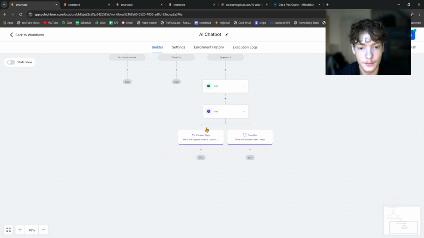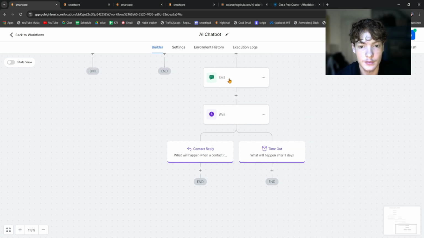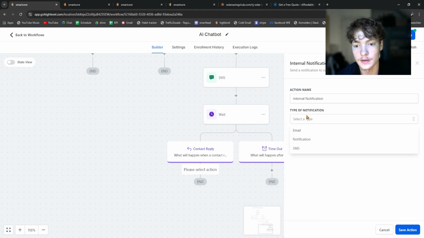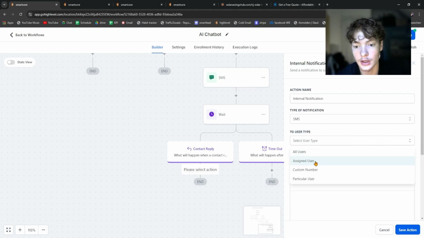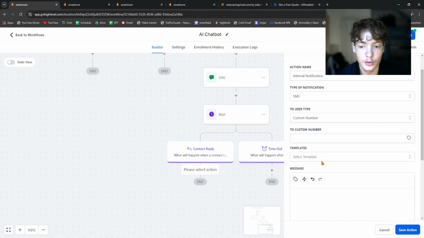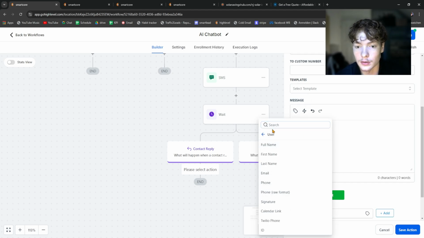So very easy. This is actually a new design right here, but if a contact replies to this message, they will most likely just tell you a date and time. So then what you can do is an internal notification, send this, do an SMS notification, custom number, and send this to your own number or to your appointment setter's number, whatever. And in the SMS that you get on your phone, you just click custom values,